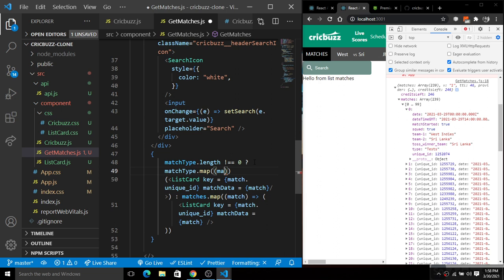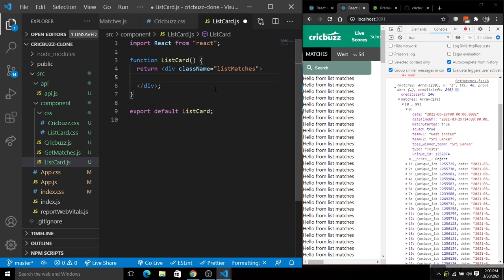So I will simply create a list card there. First of all, we have passed the properties there. So list card there, we have the match data as the first property, and the key as a second property. So we have this match data and we have this key here.